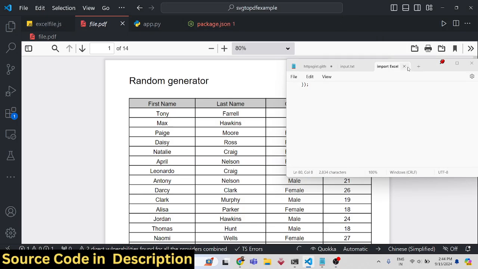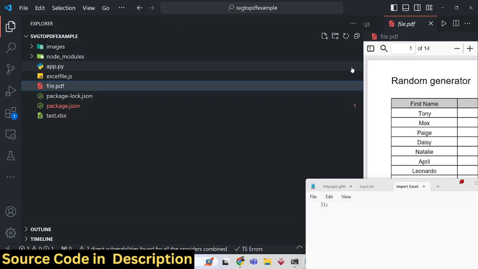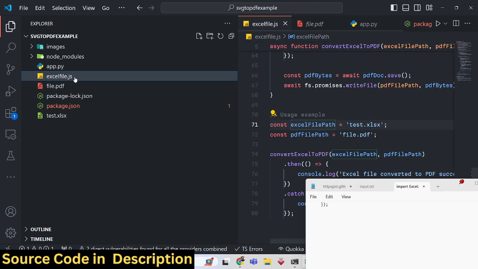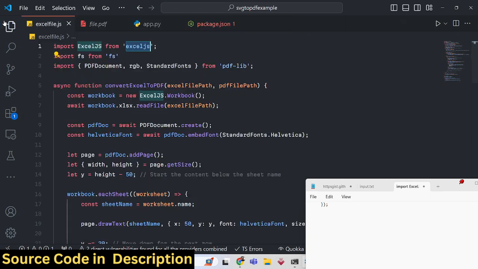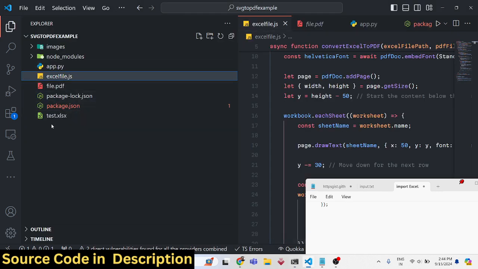So in this video we will look at how to export your Microsoft Excel file to a PDF document inside Node.js. We will be using two dependencies for this, ExcelJS and PDF-LIB. I have written a Node.js script right here, and I have this Excel file in my root directory,